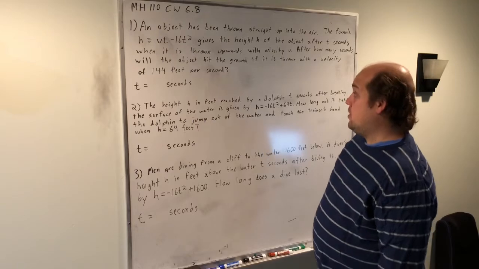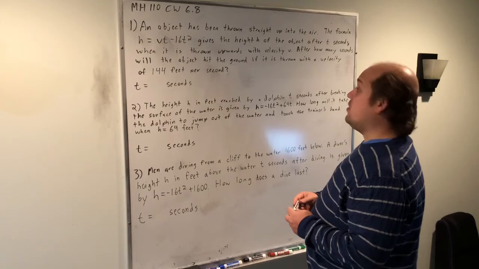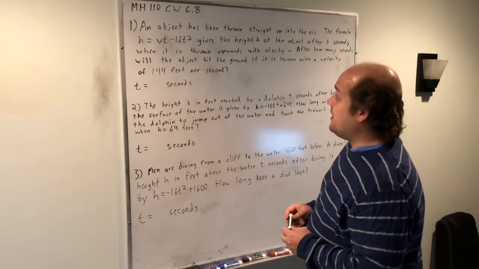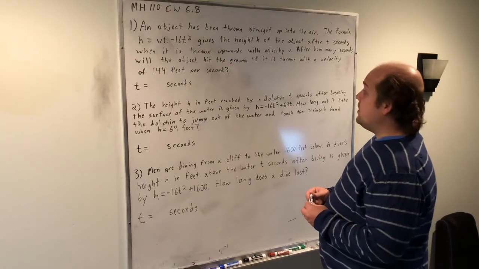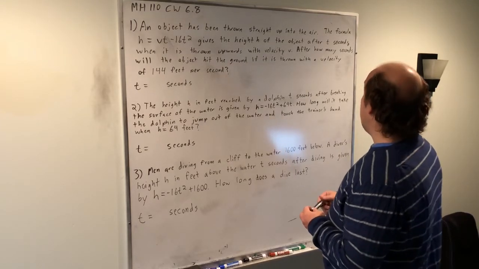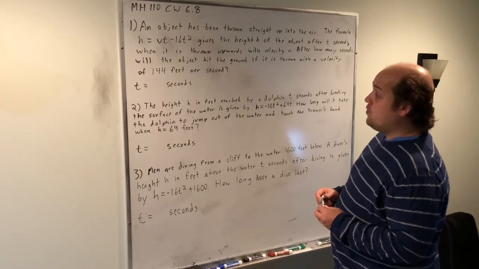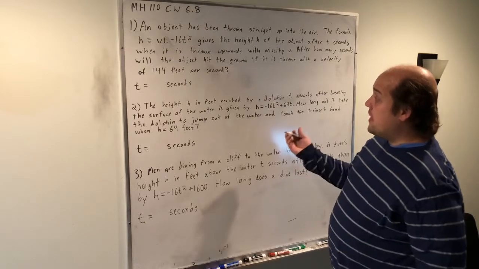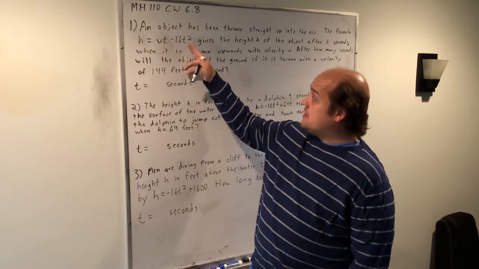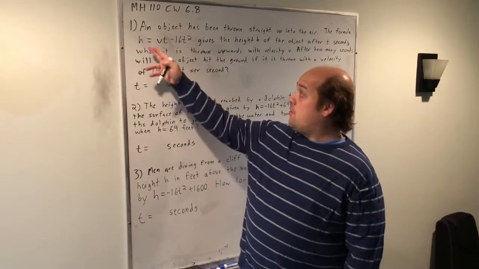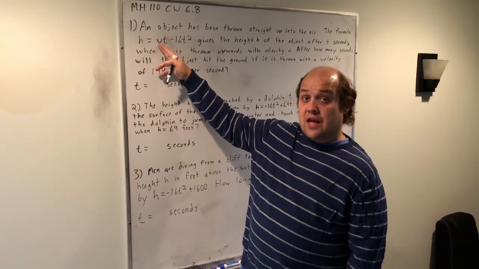something back down. When we look at problem number 1, it says an object has been thrown straight up into the air. The formula h equals vt minus 16t squared gives the height h of the object after t seconds, when it is thrown upwards with velocity v. After how many seconds will the object hit the ground if it is thrown with a velocity of 144 feet per second? So in this case, we want to plug into the formula h equals vt minus 16t squared, the variable h for the height that we want it to reach, and the variable v for the velocity we're initially